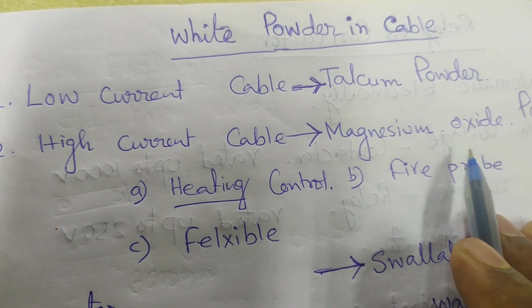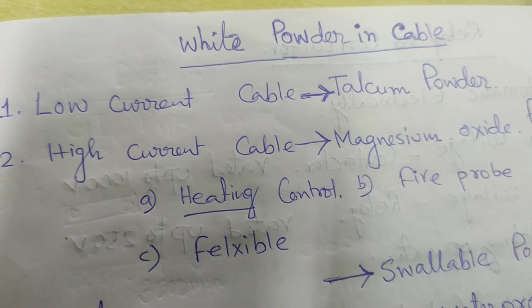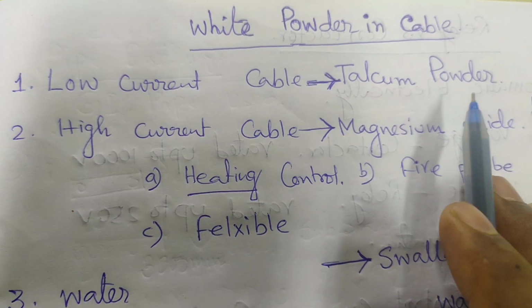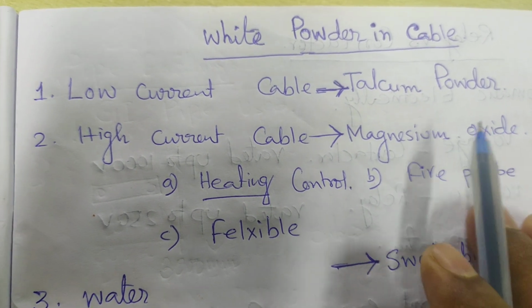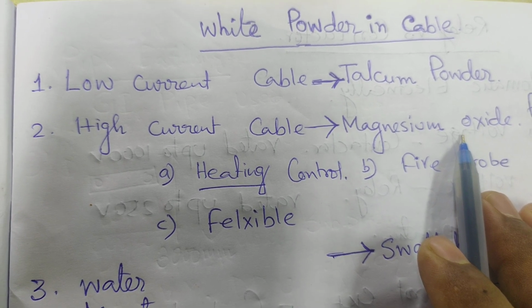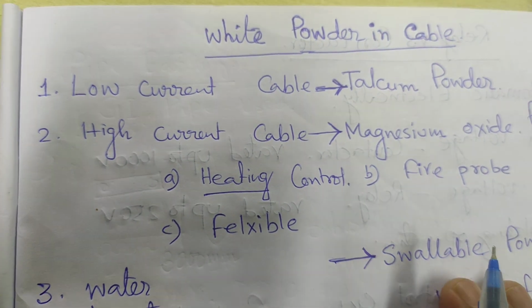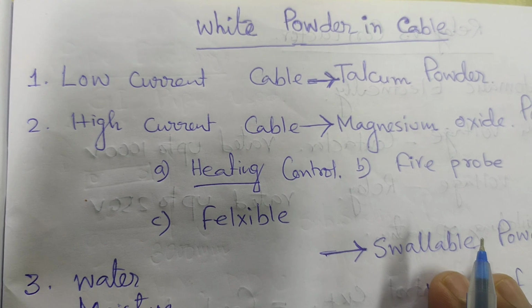The main reason is the separation of the different layers. If this powder is not provided, the layers can stick to each other. For the separation purpose and also for maintaining insulation, we are using this talcum